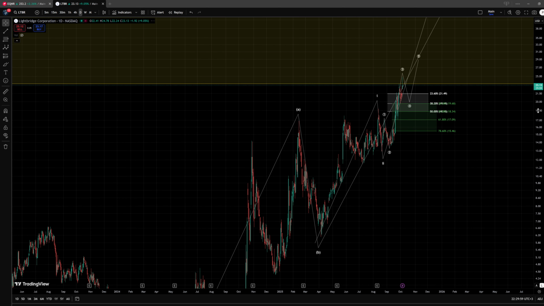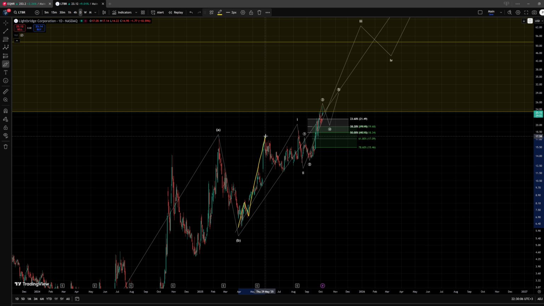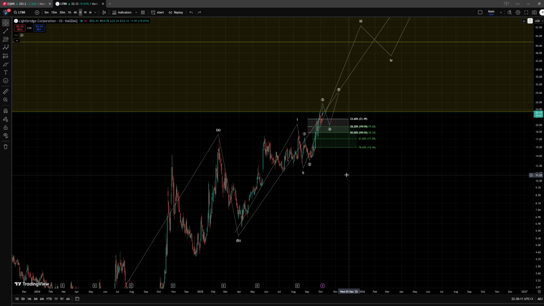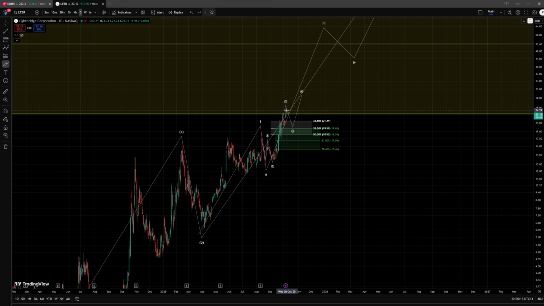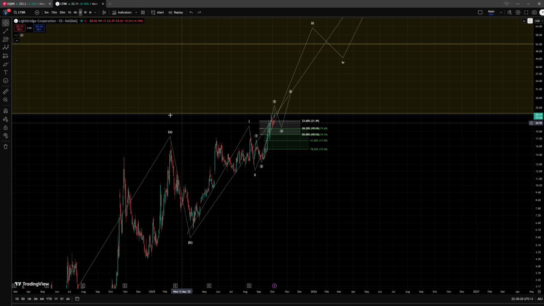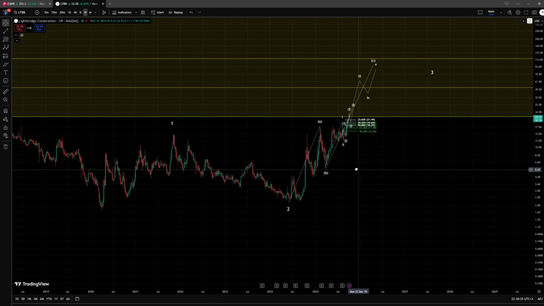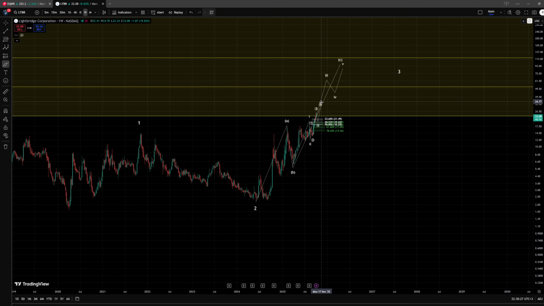Now it could still develop in a different way. It still could, where this was a 1, this was a 2, this was a third, a fourth, and then this was the entire wave 5. Honestly, could work out. But regardless of that, we could be looking at a very severe correction that might take us to much lower prices, and honestly it would affect the credibility of this chart, the credibility of the structure that is forming, heavily, to the point that I might even be too concerned to even consider a position in